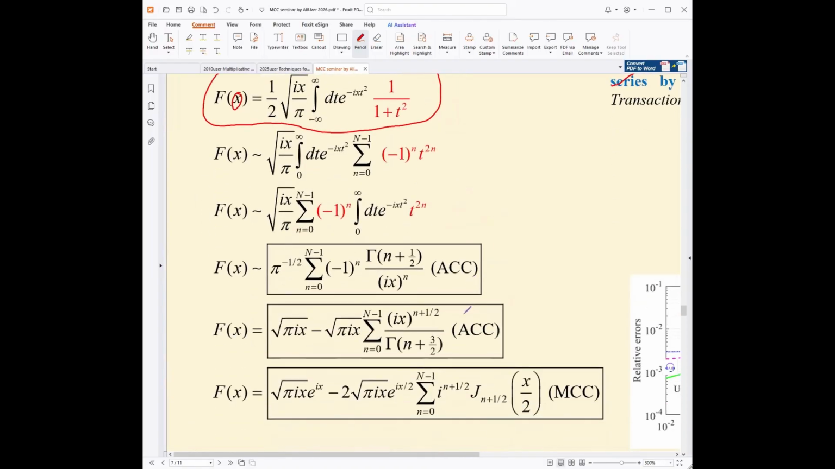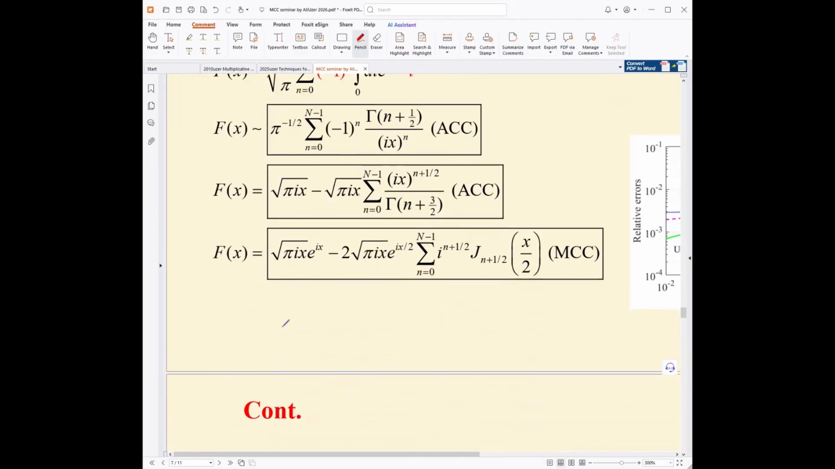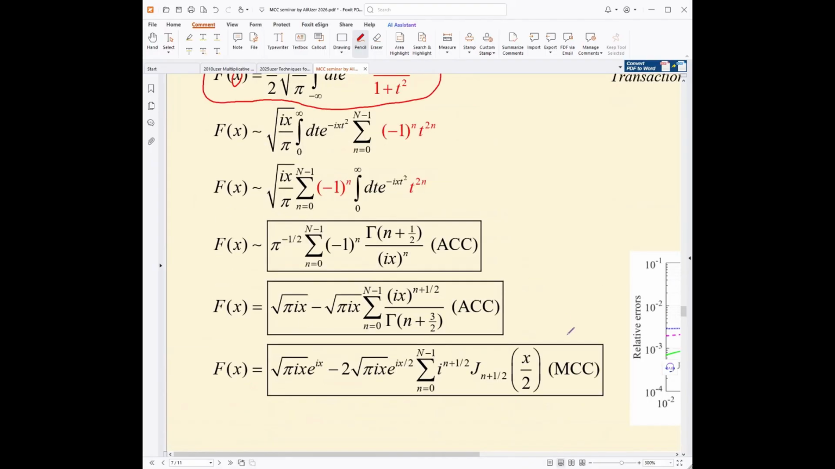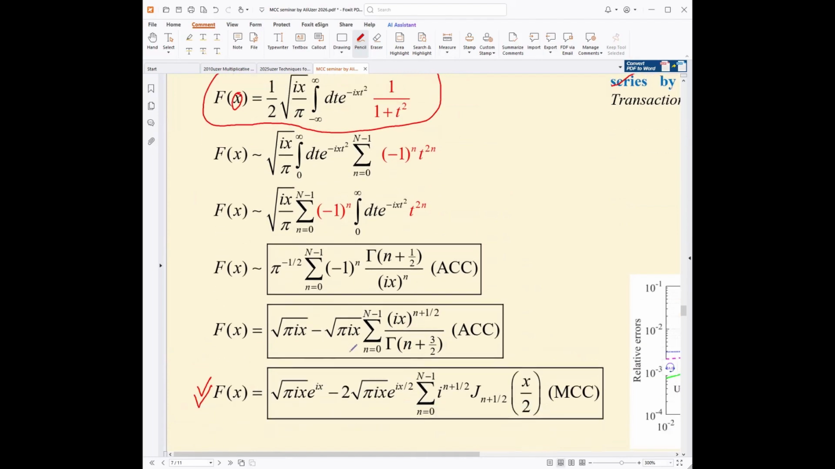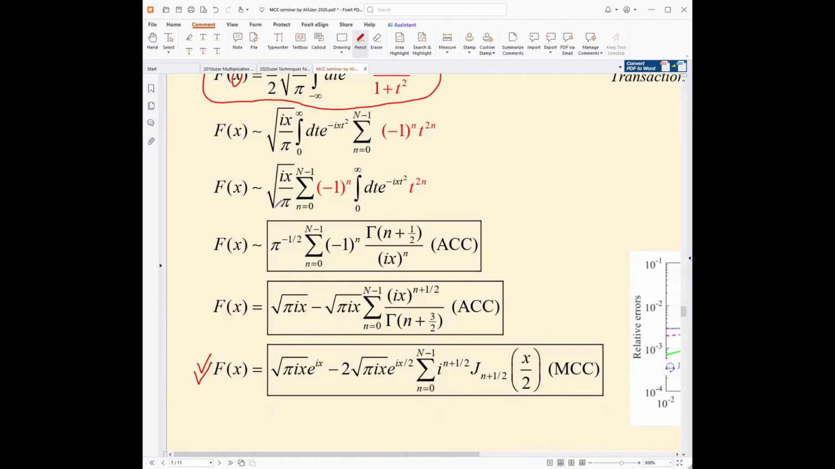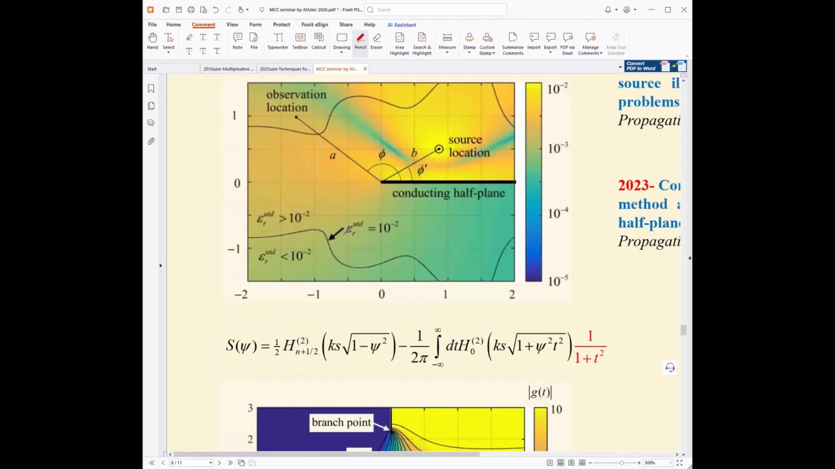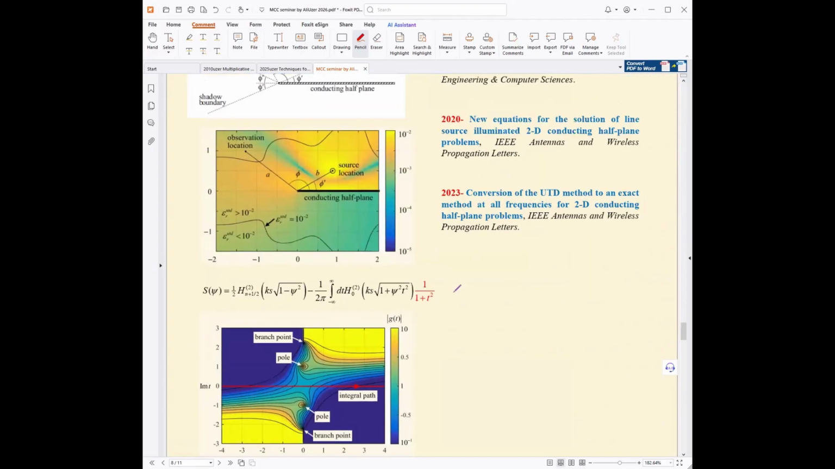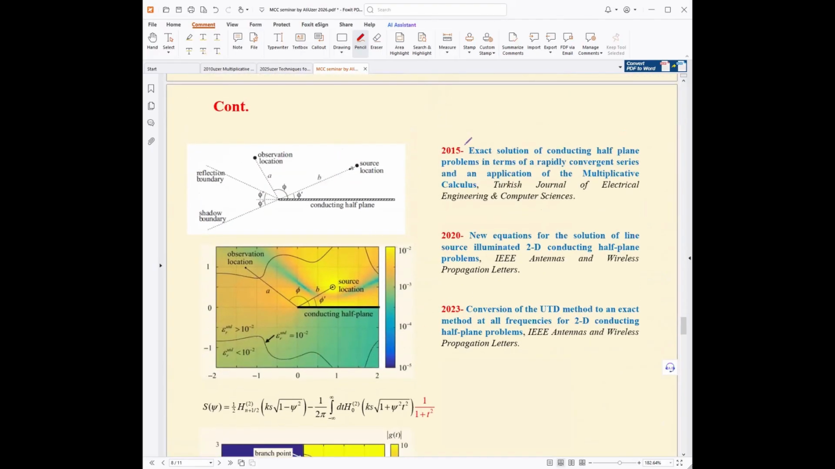Those series that do not exist in the literature are as follows. Normally, this series does not exist in the literature. First time it was established in one of my papers. And I contributed to the other integral forms in the paper. In another paper in 2014, 2015, 2020, and